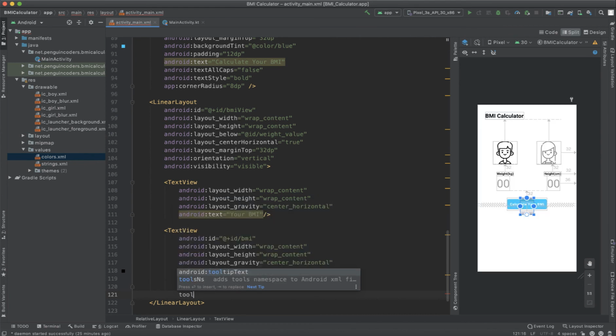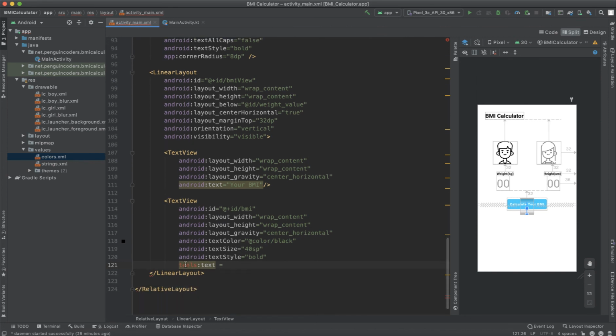And we will add a tools text here. This tools namespace is basically used so that you can view the parameters while doing development in your preview screen, but not in an actual device. So tools text, I will keep it as 20.2 so that I can see 20.2. Okay, so this ends my text view.